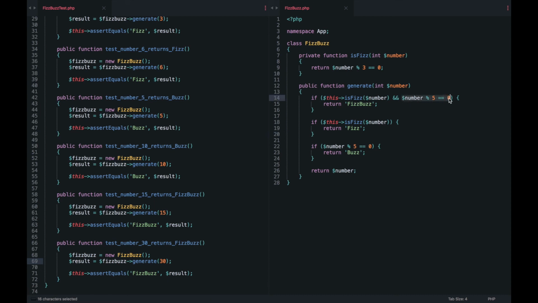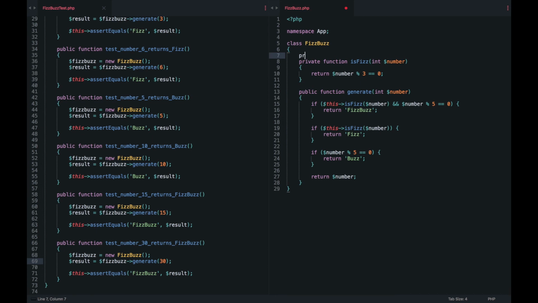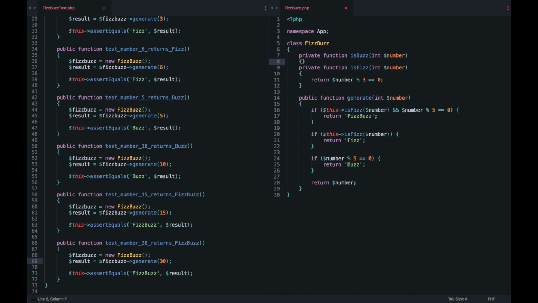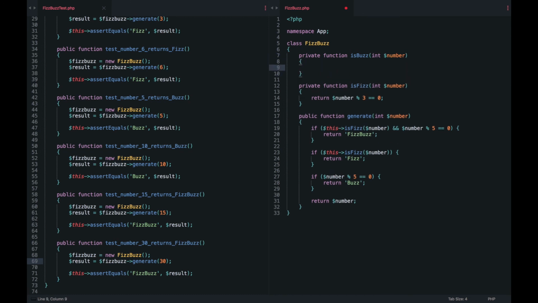So again, this is duplicated. So let's write another function isBus, and we are gonna return that condition.